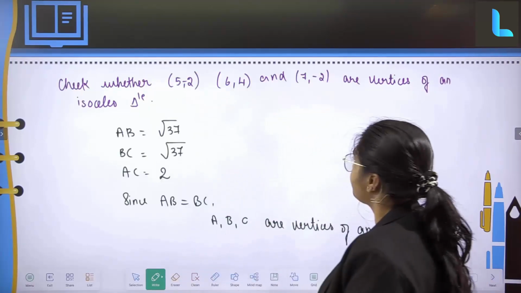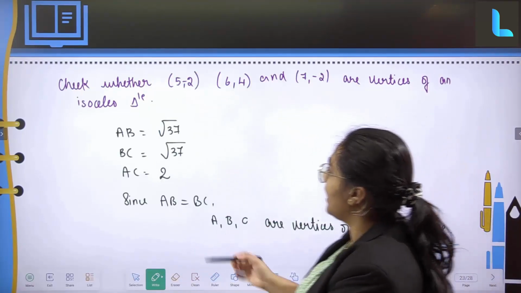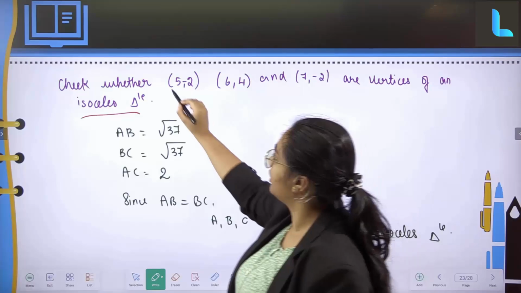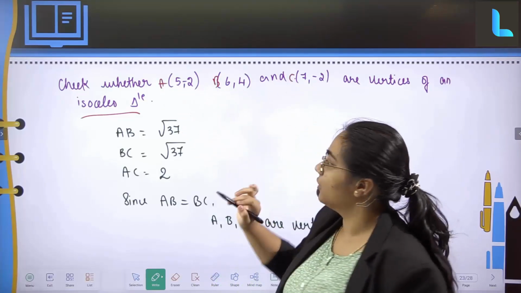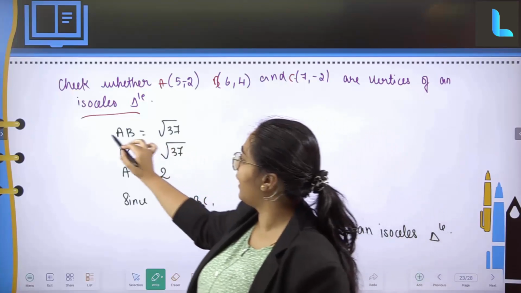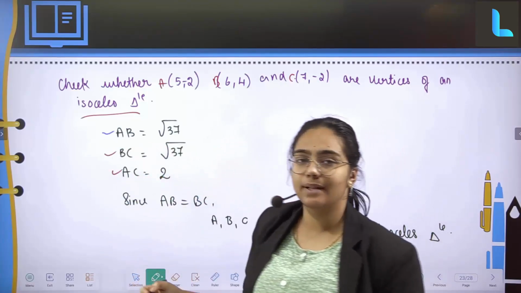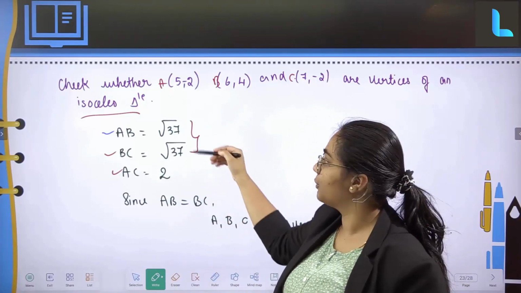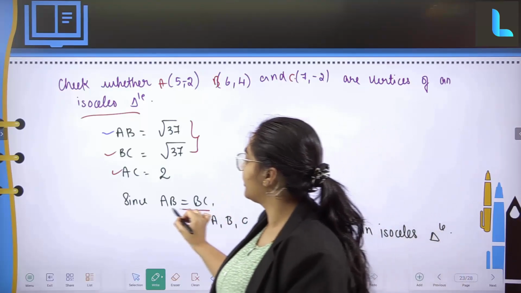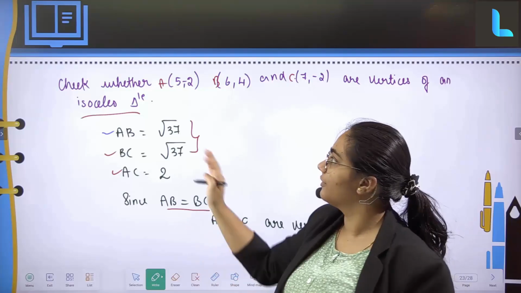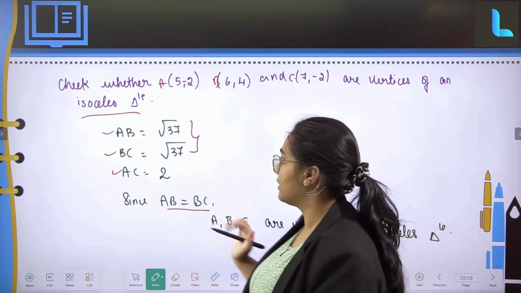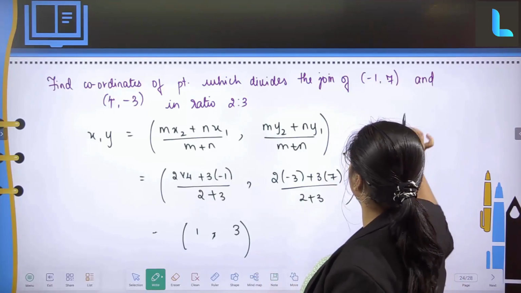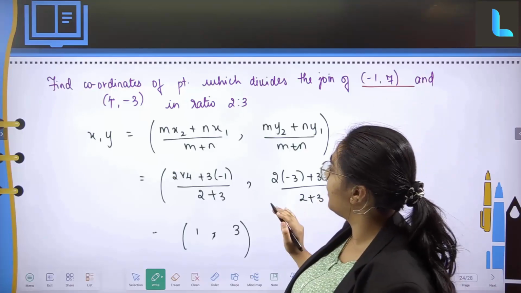Here, next question. Check whether the vertices form an isosceles triangle. So for finding the isosceles triangle, the given points would be given. So A, B and C. Use the distance formula, apply the distance formula, first find out for AB, then BC and as well as AC. Whenever at least two sides, whenever two distances are equal, then you can conclude that yes, the vertices are going to form an isosceles triangle. Clear?